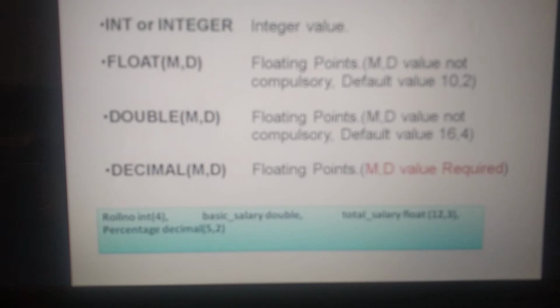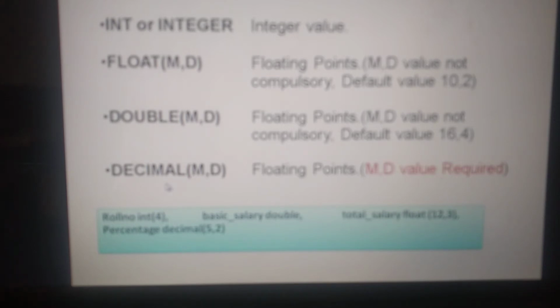Automatically it will take 10,2 for float, and for double it will take 16,4. That means if you are using float, you can enter a maximum of 10 numbers, and there would be 2 decimal values in those 10 numbers. If you are using double and you are not mentioning the values, M stands for maximum value and D means decimal places, it will take 16,4.